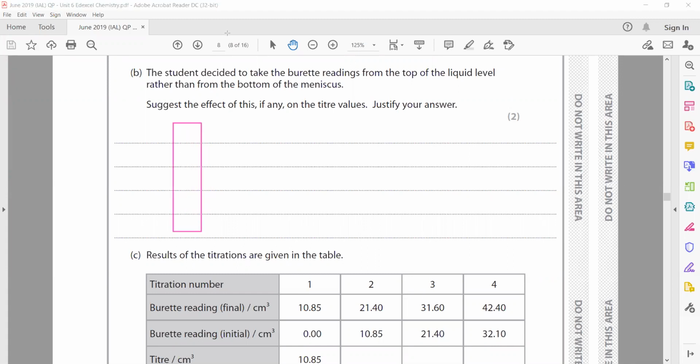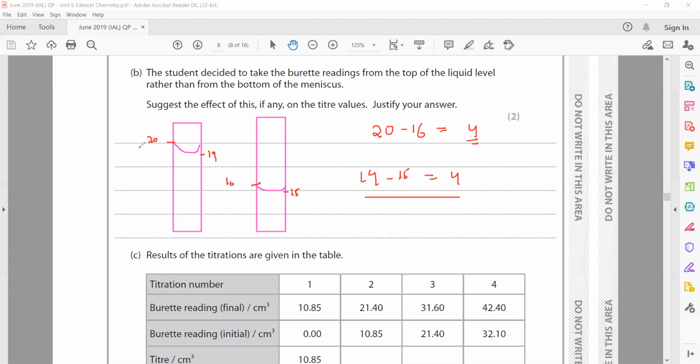Like if I say this is the initial burette reading and the final burette reading. The upper meniscus example is 20 and the lower meniscus is 19. Upper meniscus example 16, lower meniscus is 15. So when we take a difference, if the student is reading only the upper meniscus, 20 minus 16, we will get 4. Same thing if 19 minus 15, reading the lower meniscus, I will also get 4.